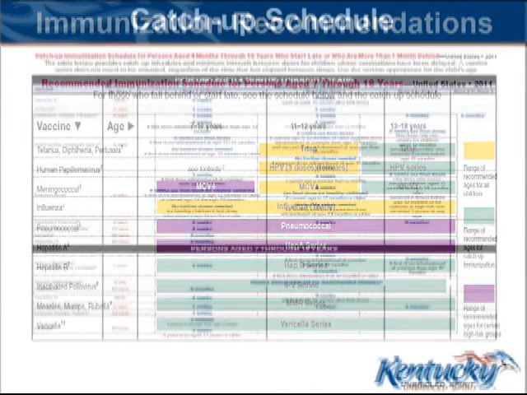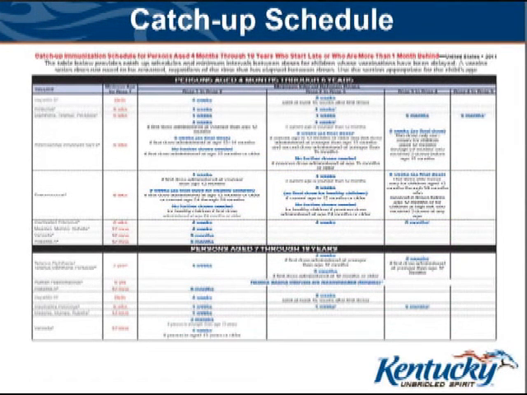Now this is the catch-up schedule. This is something that I look at just about every single day. People call me and ask me questions on how to catch a child up who has fallen behind on their immunizations. And this is the table that I use. You'll notice that it is also split up into 2 different age ranges. At the top you've got your 4 months through 6 years, and then at the bottom is your 7 through